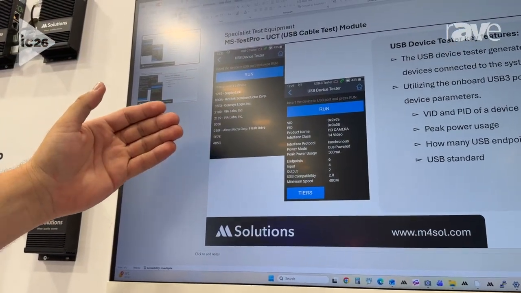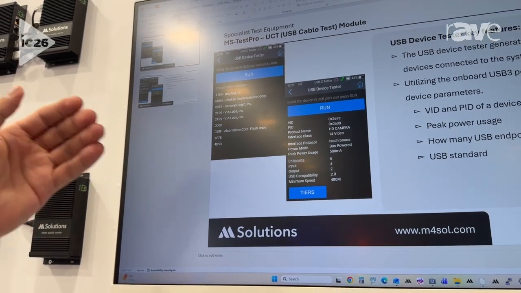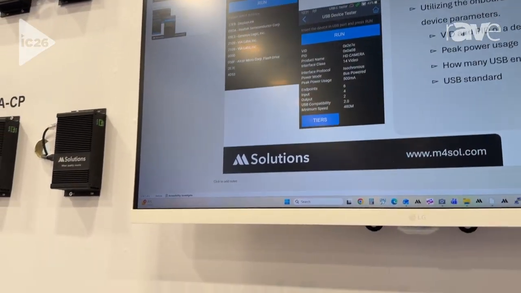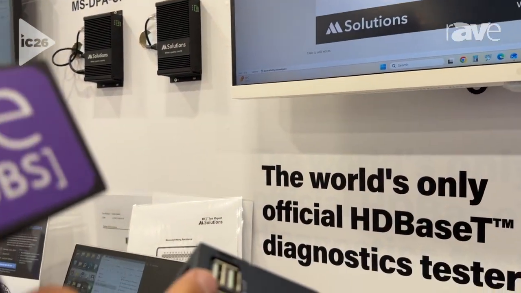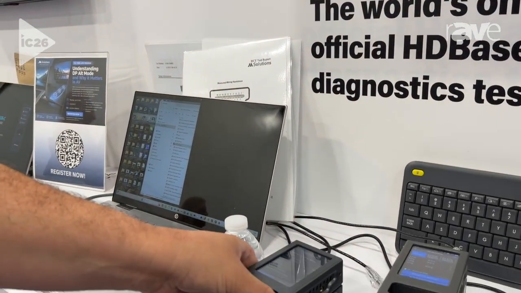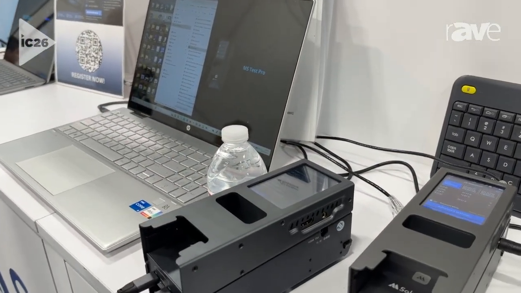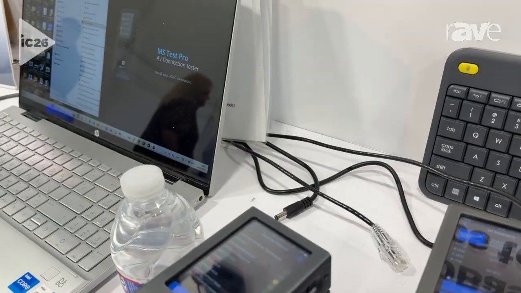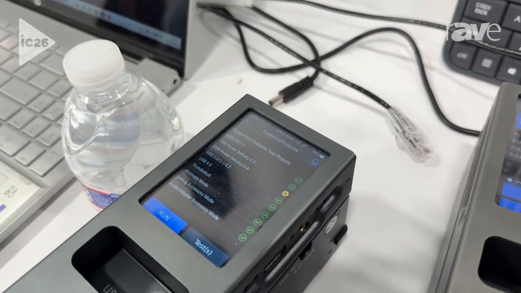You can get a full map of your USB connection, plug it into the top of the tester right here, and then you will get an image, a full list of all devices that are connected on that link. You can choose the device that you want to test,